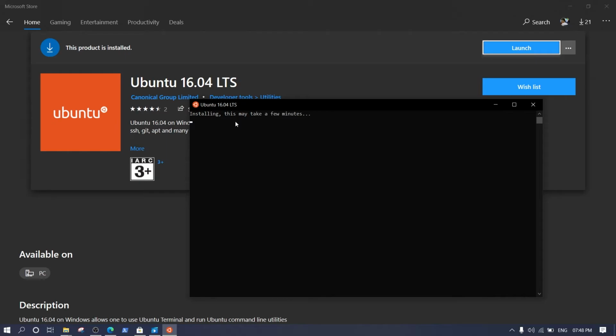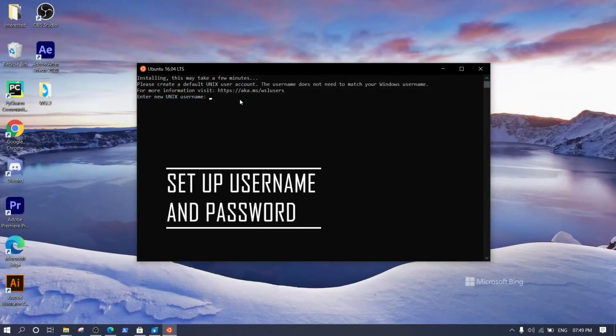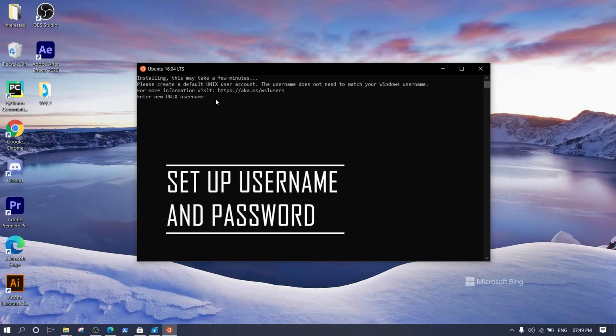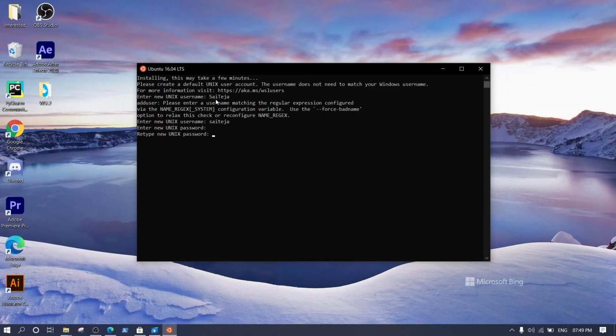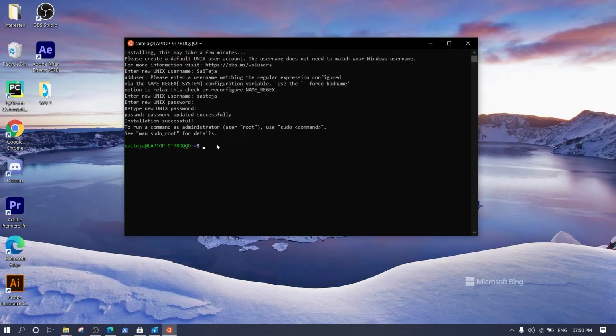So as this is the first time, it takes a bit. So here is your new Unix username, so you need to set your Unix name. So I think I give something regular, so I just give that. So I'm setting my new password. So we successfully installed WSL2 here, or we successfully updated WSL1 to WSL2, I can say that.